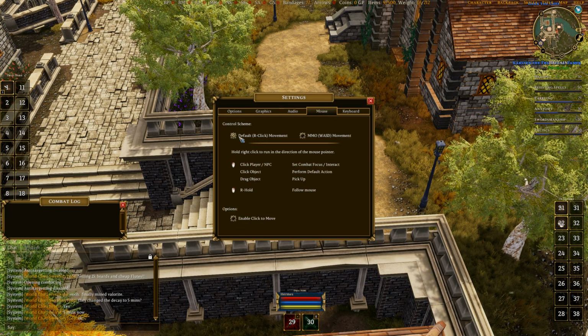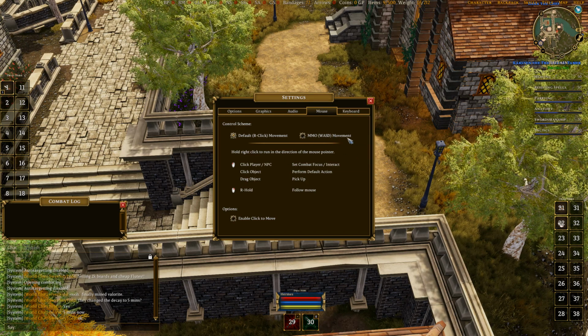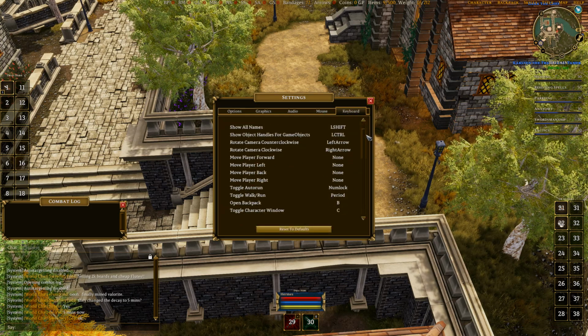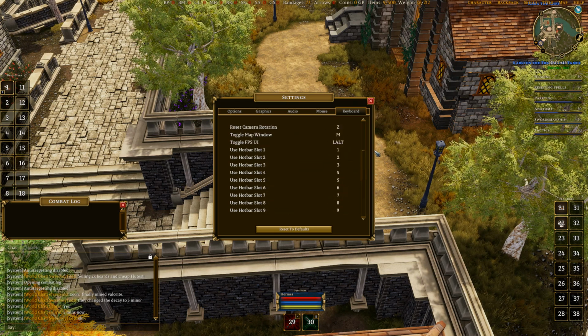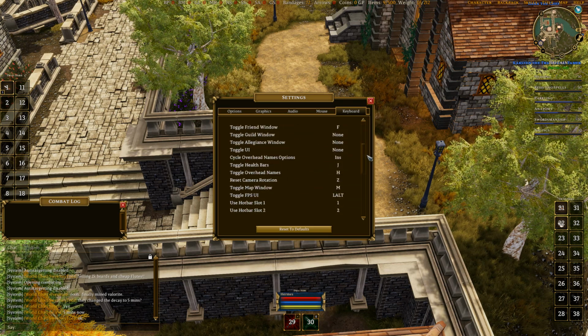Click to move, I always do double default the right click movement. You can also do WASD. You can enable click to move. Those are things I don't really like, but you see how numbers correspond with your hotkeys, so definitely keep that in mind. You're going to want to bind things to these numbers, and then even within the number,